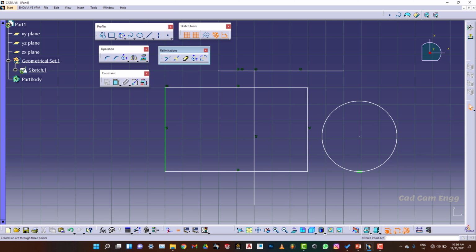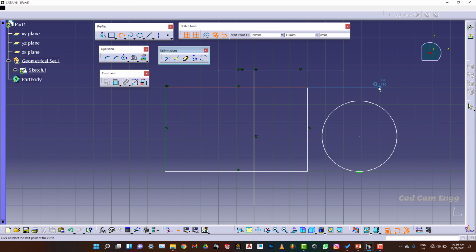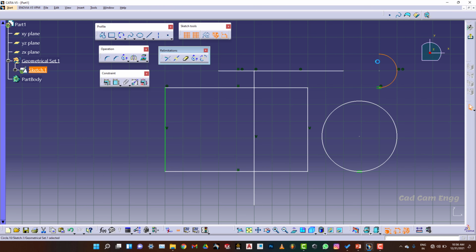And the next tool is complement. The complement tool is nothing but, if you have an arc, you don't want this portion of the arc, but you want the opposite portion of the arc from the circle. So here I am going to explain. First you have to select the tool, and then select the arc. Then the opposite portion, meaning the remaining portion of the circle, will be visible and our arc will be deleted. Okay, that is our complement tool.